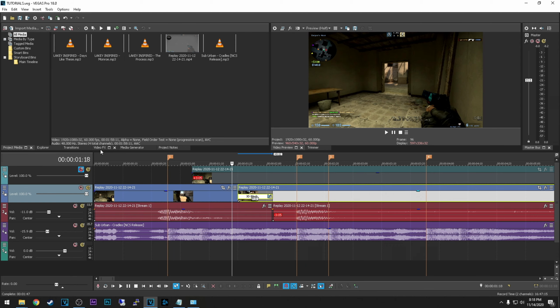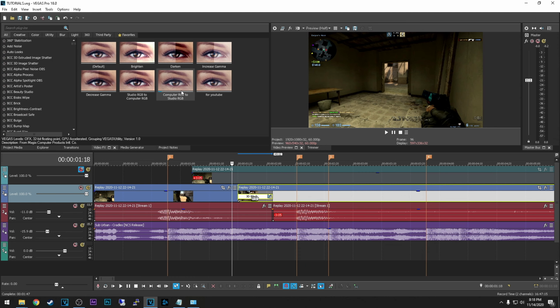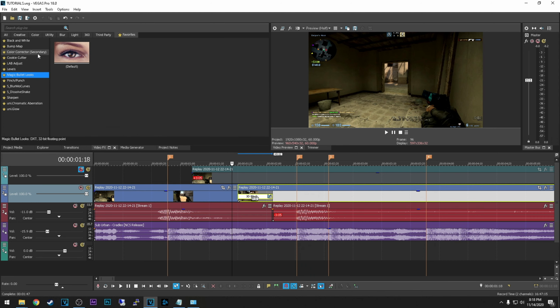Let's go a bit further, and right here this is the effects tab, and you will see that Vegas has some effects. I also have a bunch of effects from the other plugins, but as I mentioned, I'm gonna talk about this later on. And let's pick an effect for demonstration purposes. I'm not sure what to pick, so I'll just go to favorites, because I also have a lot of effects that I've added on my favorites list right here.